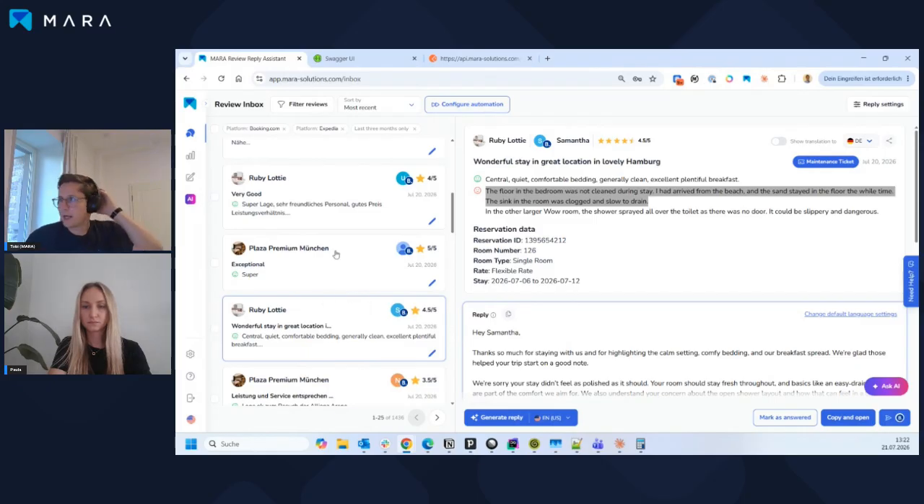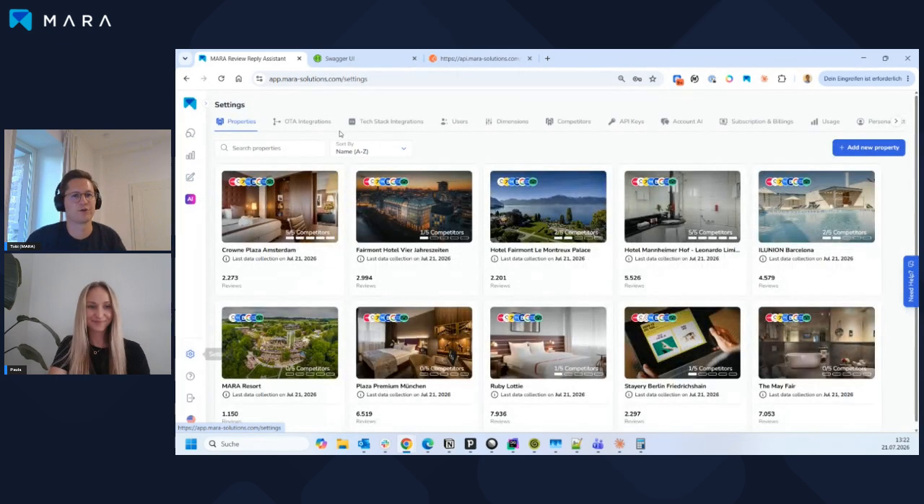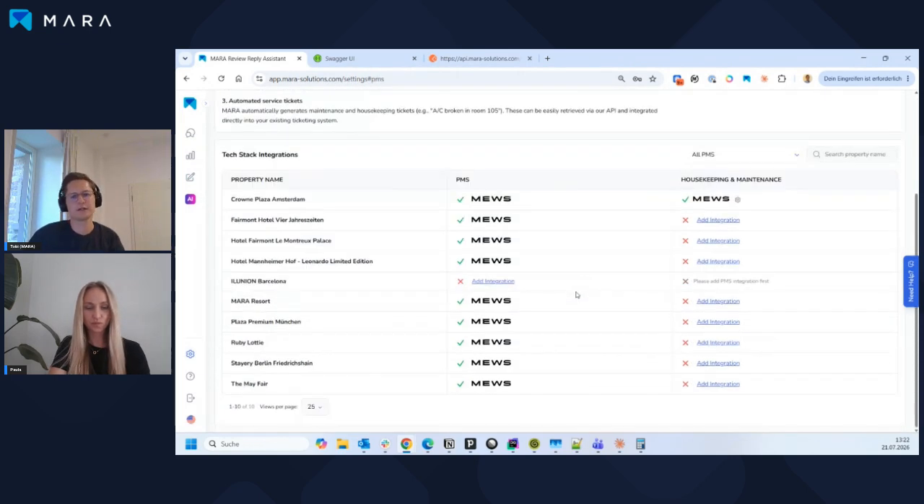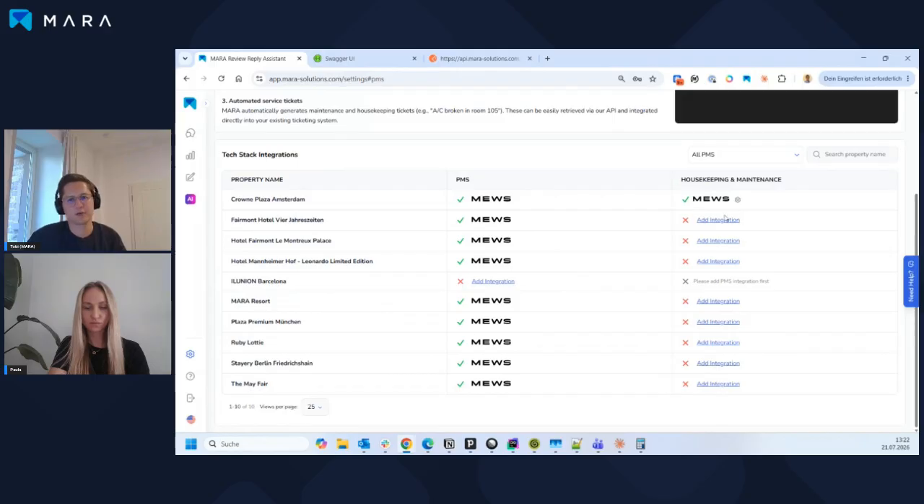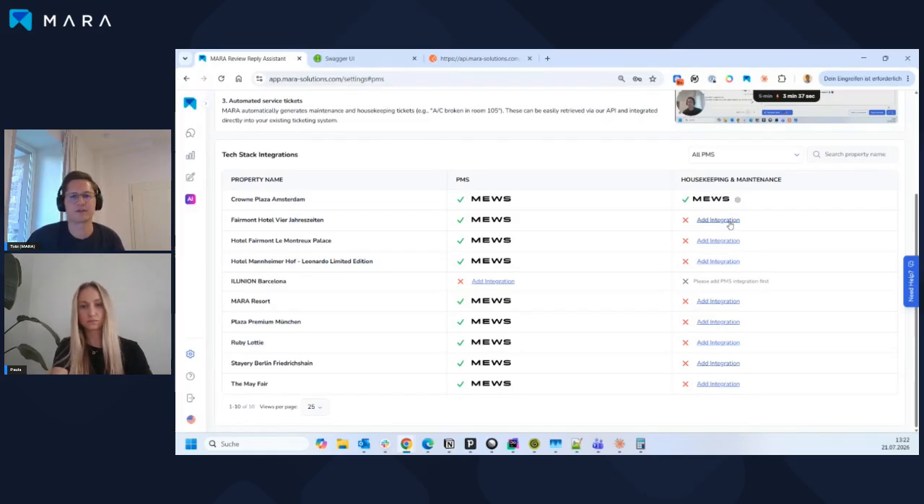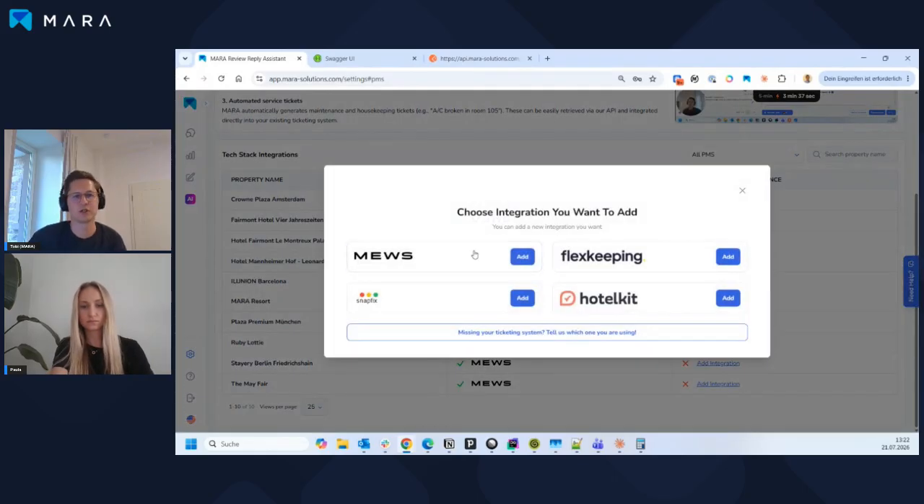Cool. As I see that there are no questions, I would now move on to the ticketing integrations. The ticketing integrations are just available if you have set up a PMS integration. So if you have set up a PMS integration, you can add an additional ticketing integration. Right now, there is directly used tasks, FlexKeeping, SnapFix, HotelKit, but also, that you don't see here, there is